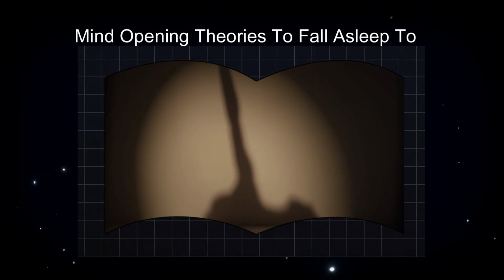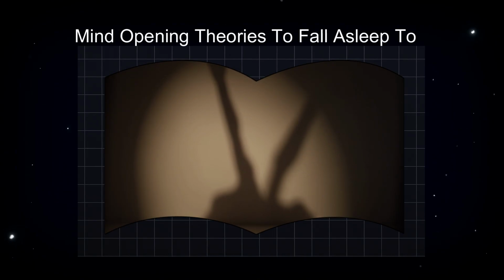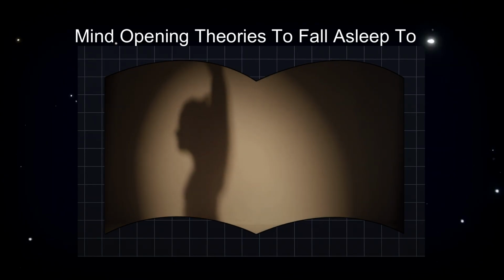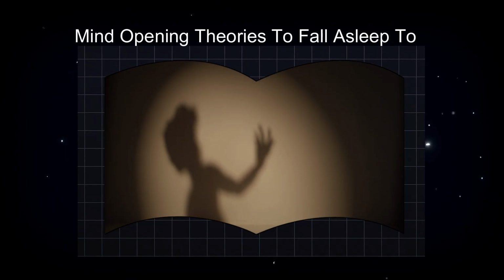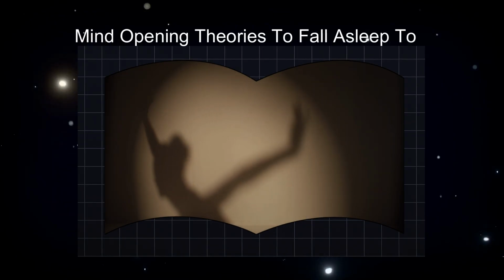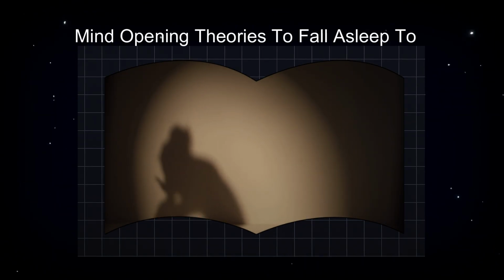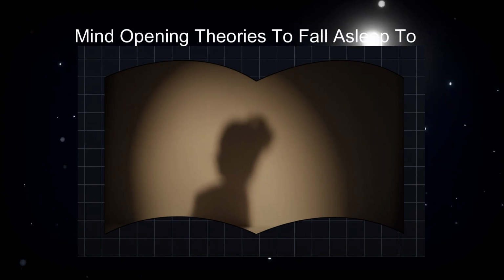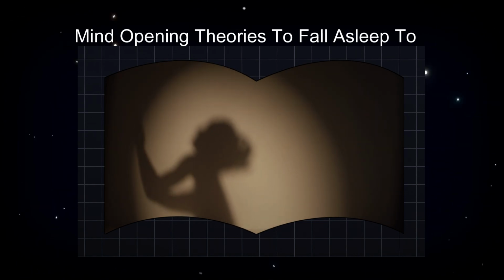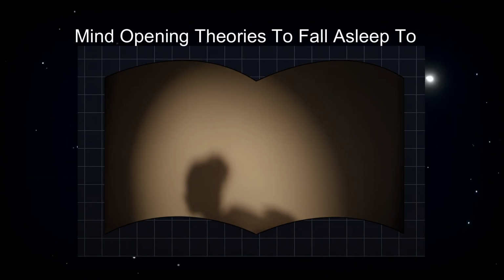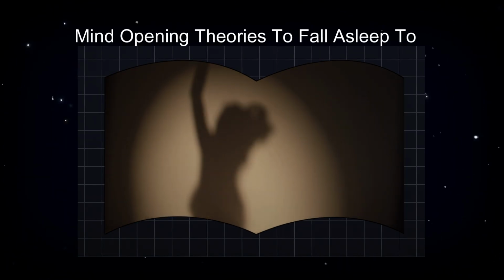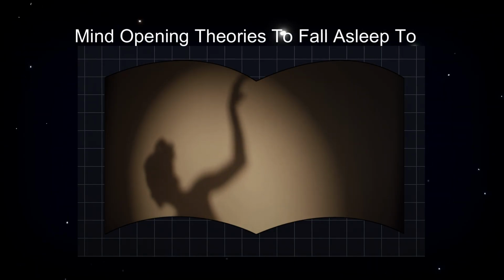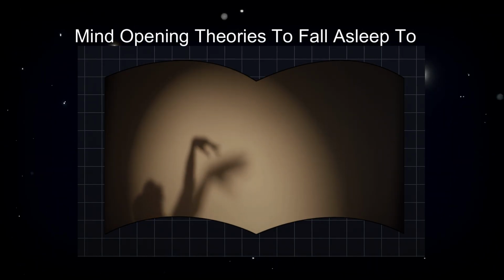Morphic resonance. Now we turn to one of the most unconventional ideas in biology, morphic resonance, proposed by Rupert Sheldrake. It's a theory that questions the very foundation of how we think organisms develop and behave. In traditional biology, organisms are shaped by their DNA and environment. Every trait, every instinct, every form is coded in genes and influenced by surroundings.